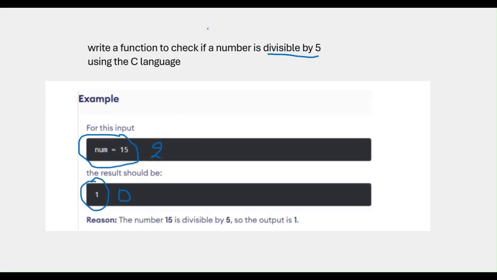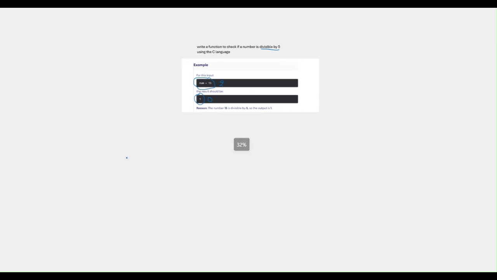Before we start the code, let's put the map of our code. First of all, I need to declare a function, a new function. It's divisible, to check if the number is divisible by 5. This function,